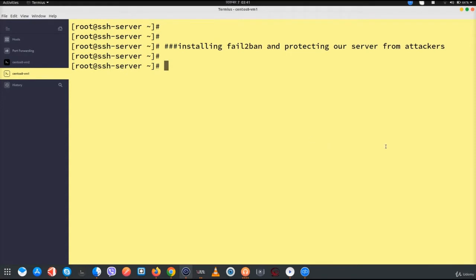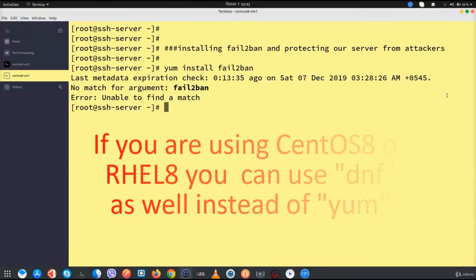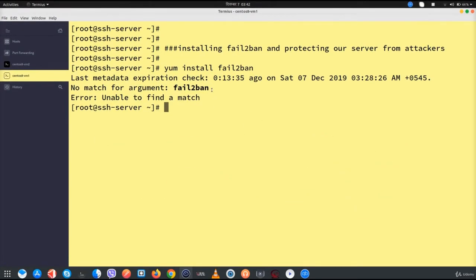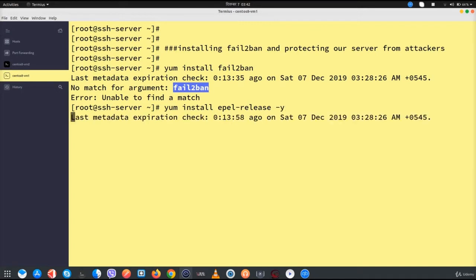So let's install the Fail2ban package. For that I will use the yum package manager: yum install fail2ban. Unfortunately, it did not find the package that I wanted to install. This is because before installing Fail2ban I need to have a repository added to the system, which is epel-release. First of all, I'll install this repo,